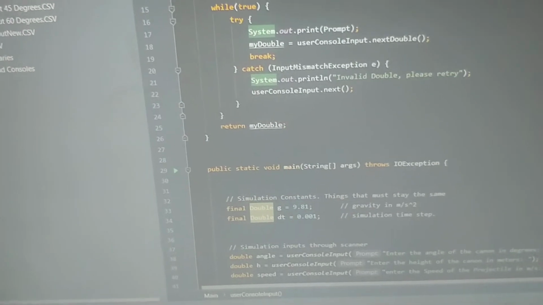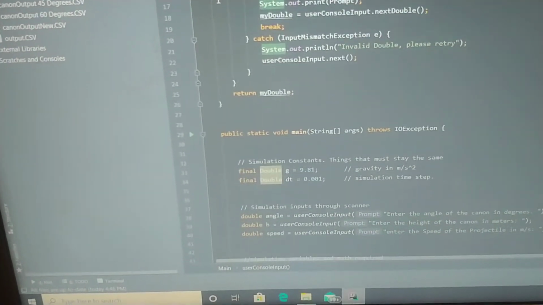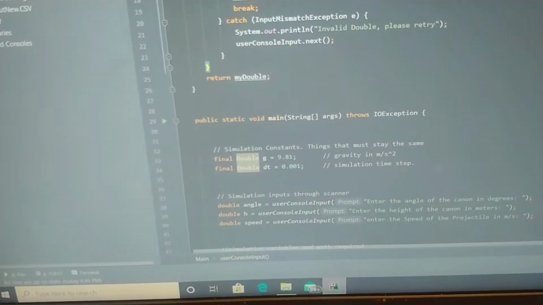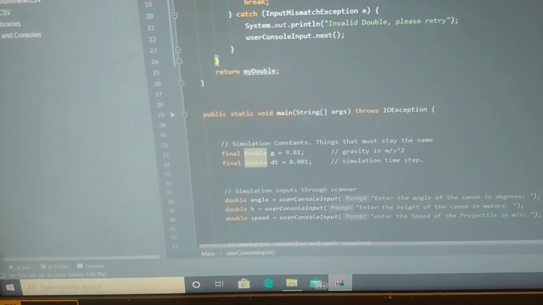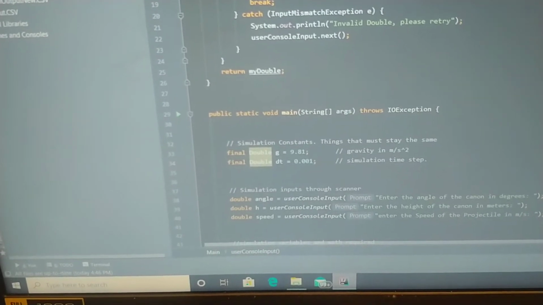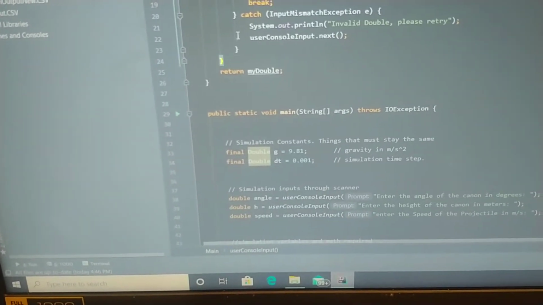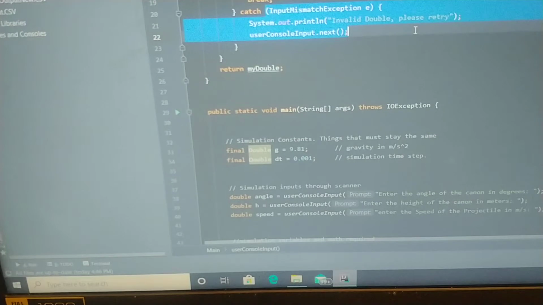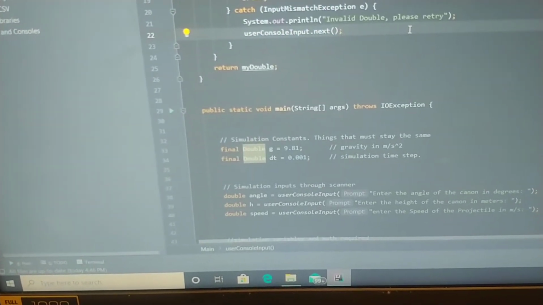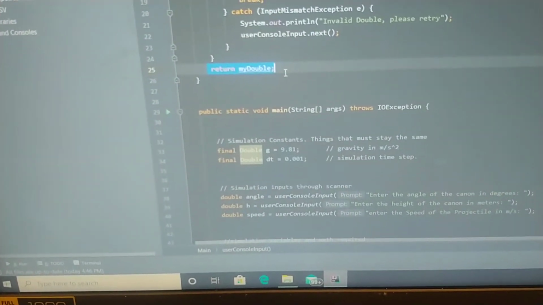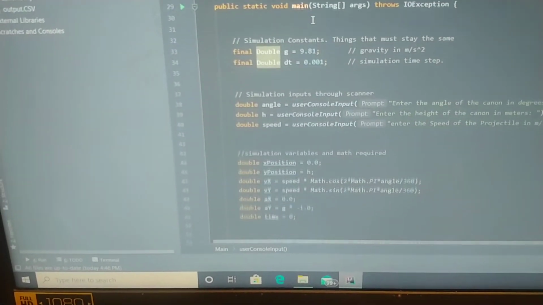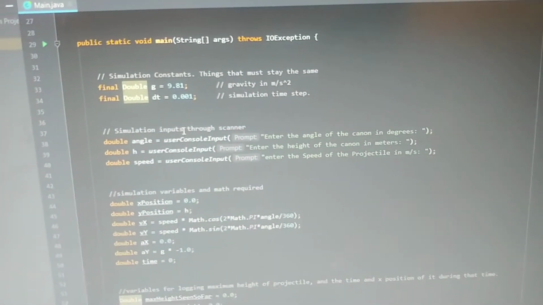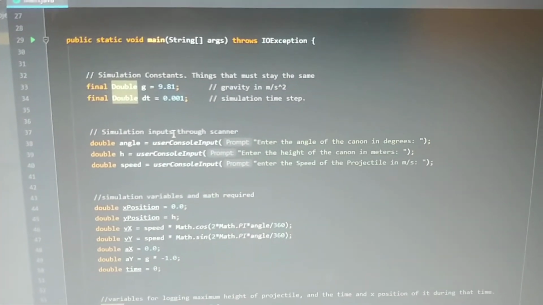So here, we set up the scanner, initialize a double, then set up a while statement that will prompt the user with the string prompt. It'll catch anything that's not a double and output that message, and it will return whatever value is put in for when this is called. Going down into the actual program,